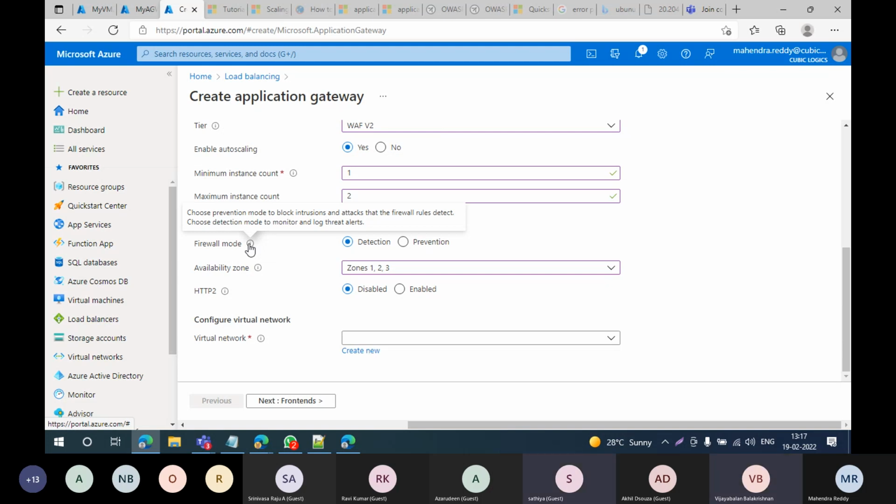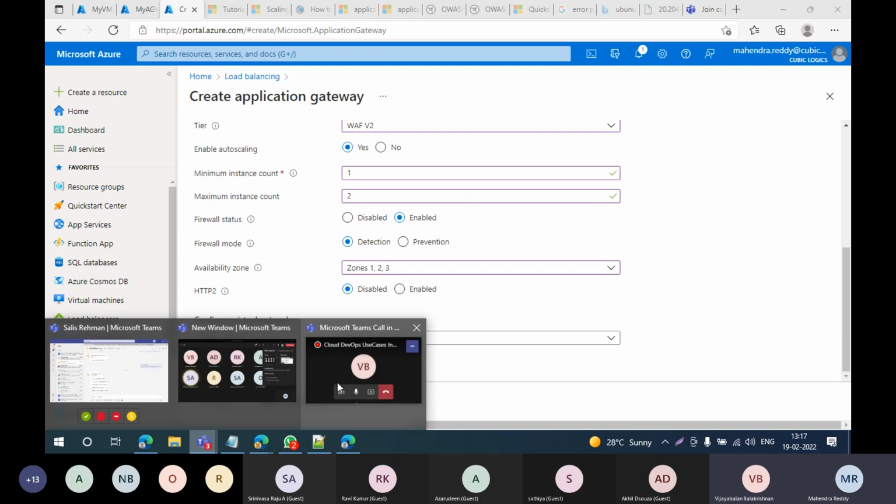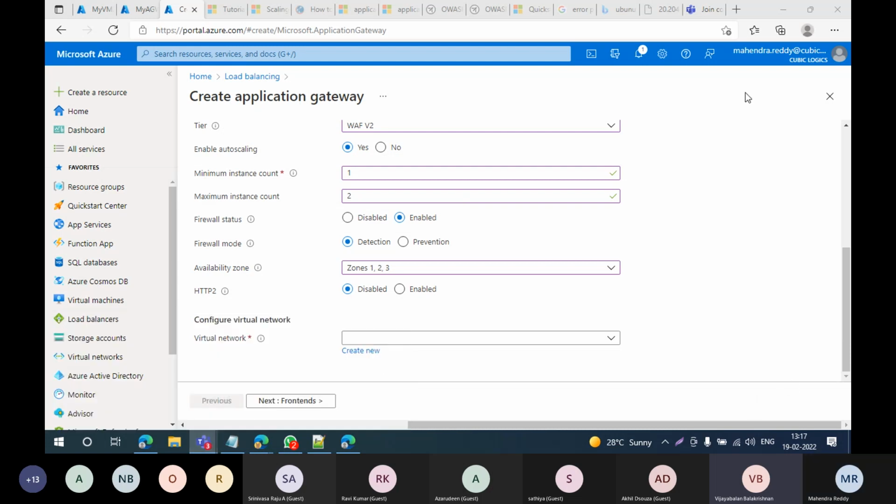Okay, so by default it will deny all. Yes, and they also have predefined rules. Suppose you want to detect, because your deliverable is to see what is coming inside, on top of your customized rules as per your governance, then go with detection.